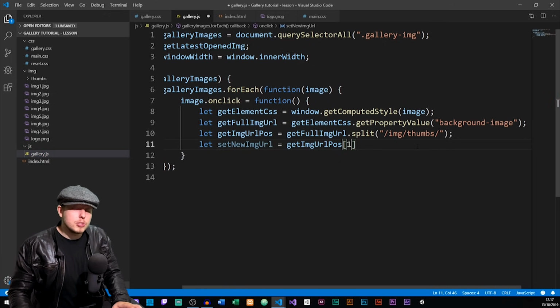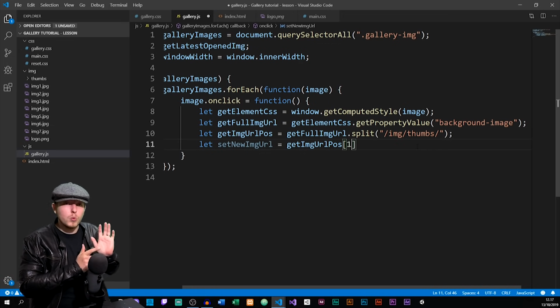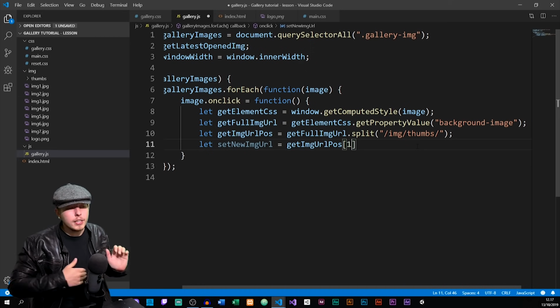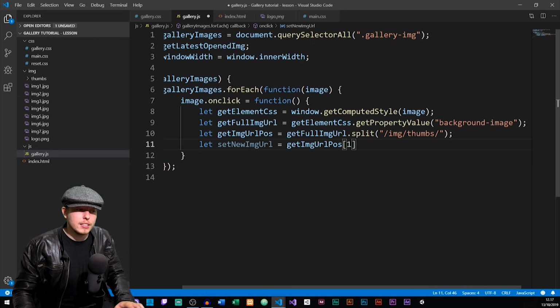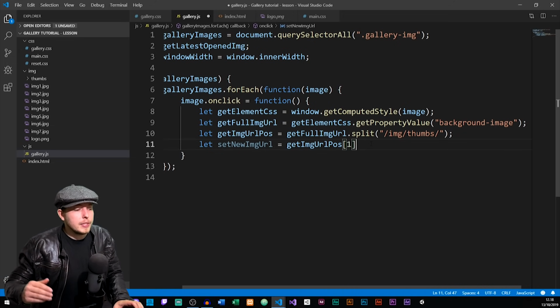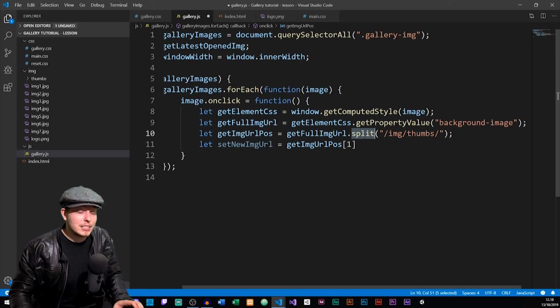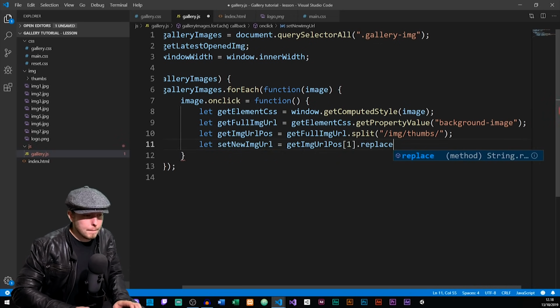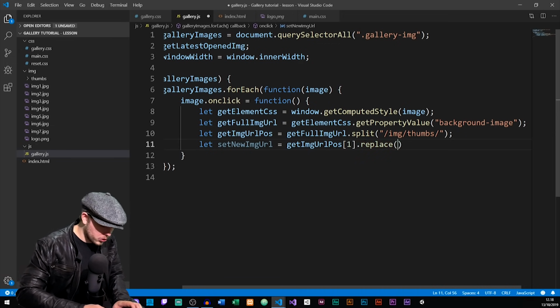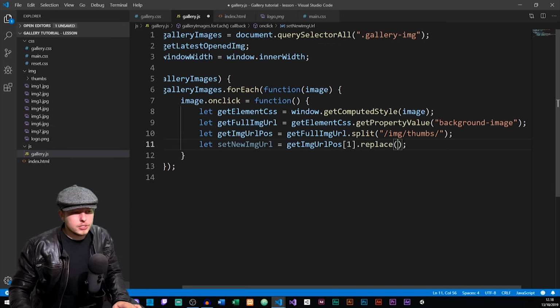Now in JavaScript, or in any programming language, we start at 0. So 0, 1, 2, 3, and so on. So the first index is going to be 0 and the second index is going to be 1. So having grabbed the last part of this split that we created, the last part of the URL, I can run a replace method that is going to go in and remove